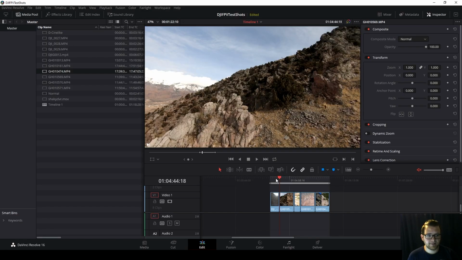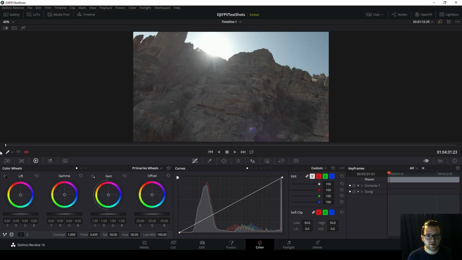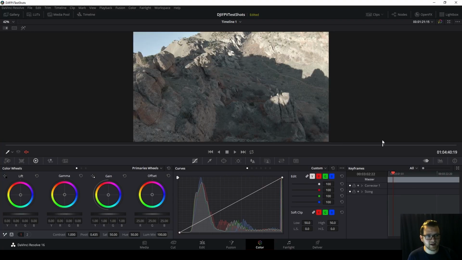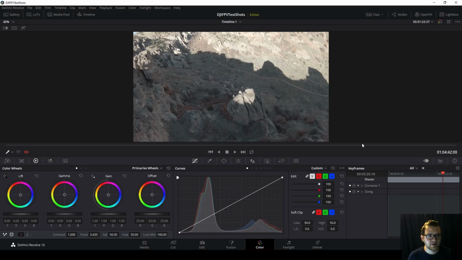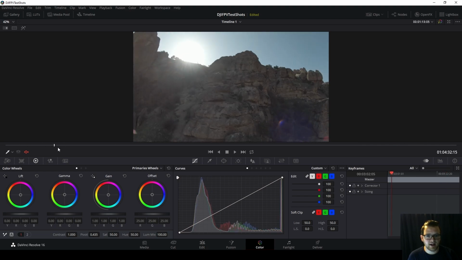Okay, so I have the clips in here. We're going to start with the first one, the DJI FPV drone. I'm going to click into Color here on the bottom. First thing I'm going to do is look through the clip. I want to see what issues we have as we go. You can see right here, it's a little bit overexposed up here as we come out of these shadows, because the camera is still trying to adjust between these two. So it doesn't look terrible, but it tells me that these highlights we're going to have to drop a little